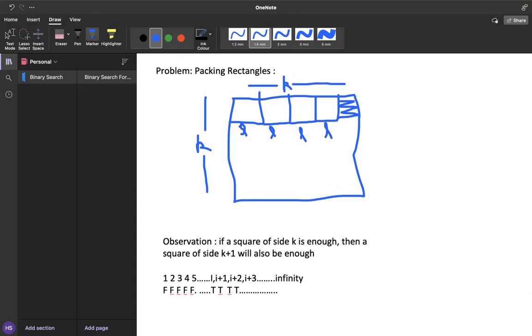Okay. Similarly, in the first column, let's say I'm filling rectangles. So I do something like this, and this much area is left behind. So again, this side is k, but this value, let's say, is b. So now can anyone tell me in this first column, how many rectangles have been completely filled?